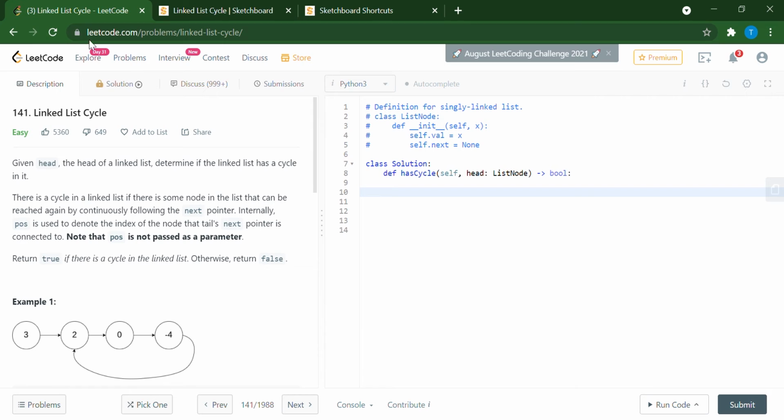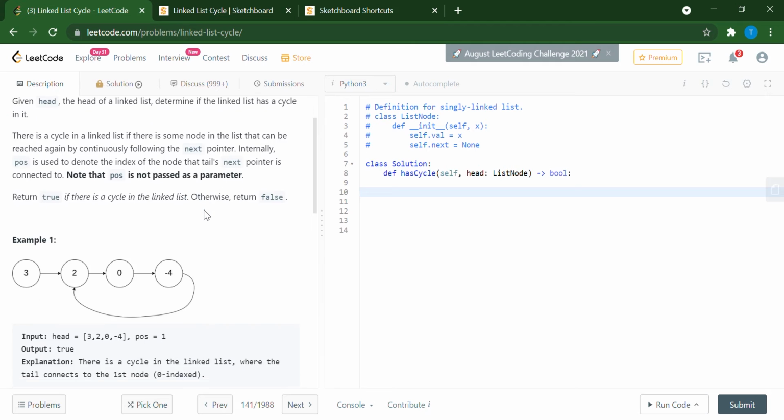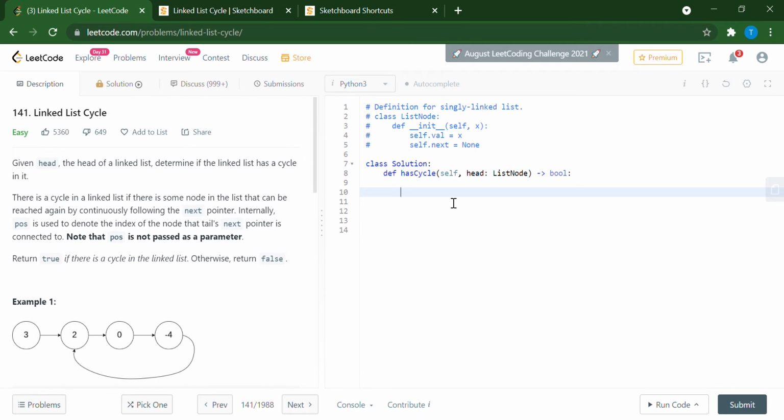So yeah, this is the question that I'm dealing with today, and it's called linked list cycle. You can find it on Leetcode. I'll share the link in the description too, so that you can go and try out your solutions before looking at my solutions. But yeah, so the question is basically this, that we're given the head of a